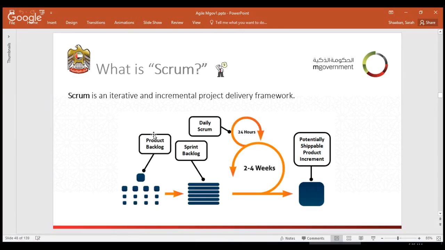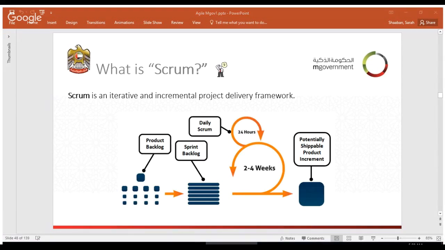What is meant by daily Scrum? Daily Scrum is a daily meeting where the stakeholders meet, specifically the business team, together with the development team, to make sure that development is happening according to the customer request. So again,